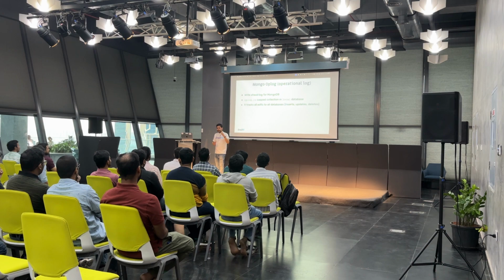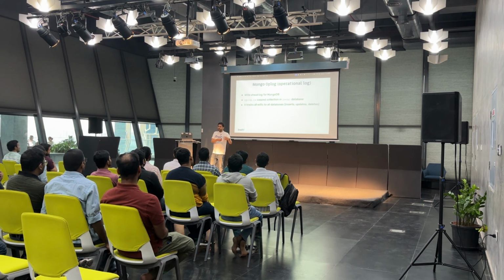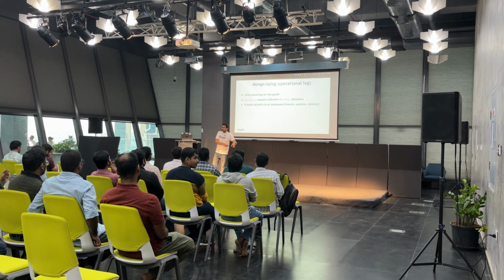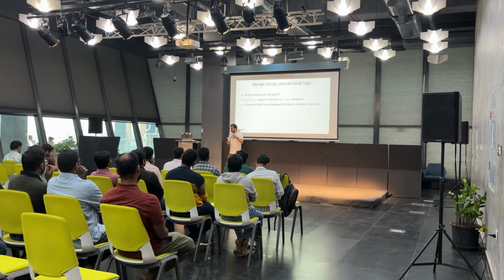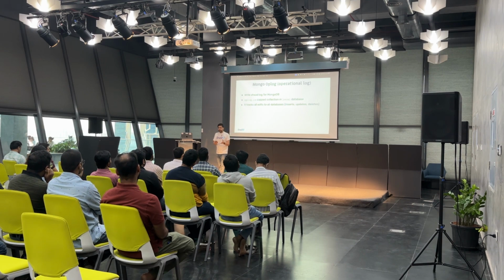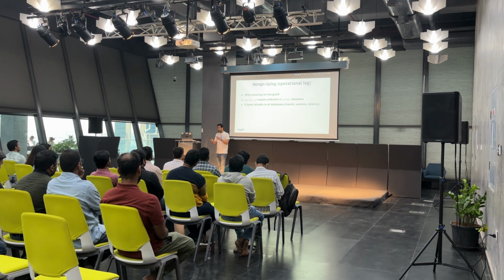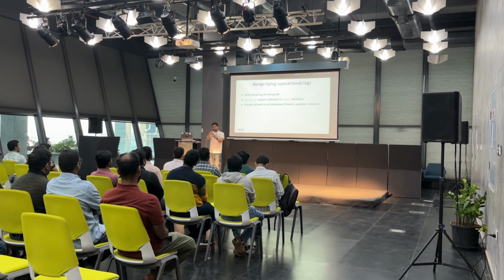So oplog. Mongo has a concept of operational log, which is itself a collection, like a Mongo collection. It's an internal collection, called the oplog.rs collection in a local database, which is protected, only admin accessible, and whatnot. So there are permissions involved. But you can get all of the changes to Mongo from that collection. It's a capped collection. By capped, it means there's a fixed size to it, and as more records are added, the previous records will be overwritten. It's a fixed kind of circular buffer of sorts.